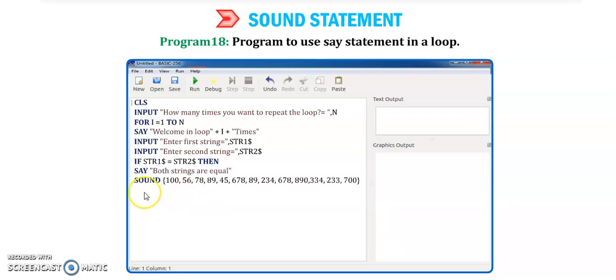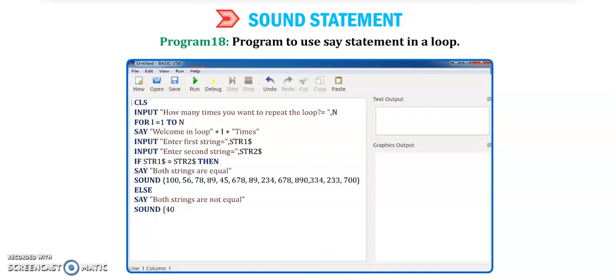Now next we write else, say both strings are not equal. If this condition is true, then the statement say both strings are equal will be executed in sound. If it is false, then the else statement, both strings are not equal, will be executed in sound.